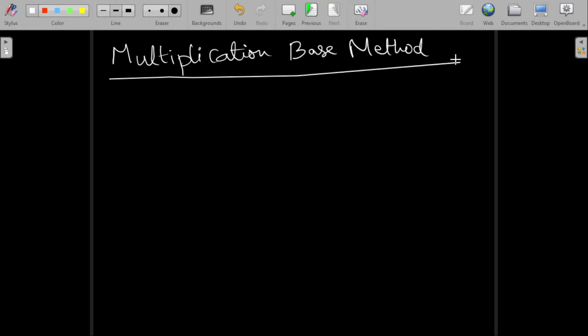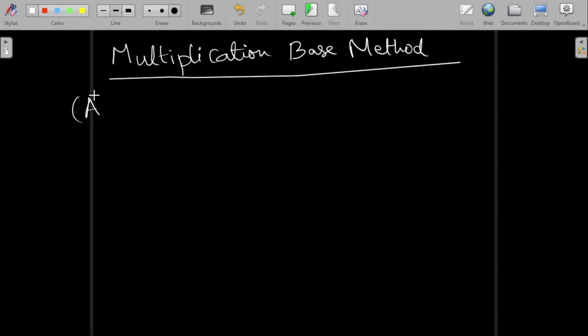If you find the multiplicand and multiplier both nearest to any base, I mean nearest to any multiple of 10 or multiple of 100 or multiple of 1000, we can do this multiplication very easily compared to the general method. This method is easier than the general method. Okay,